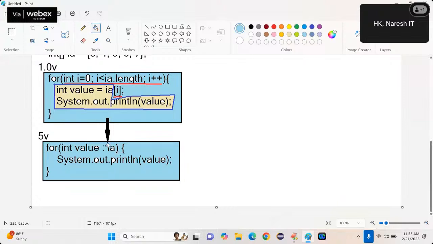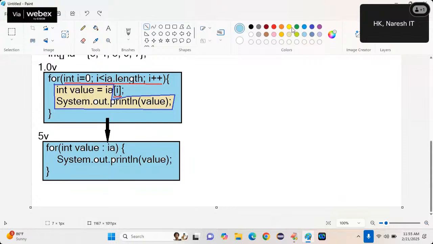Sir, equal to is not there, sir. Colon is there. Array, if you write equal to, it will become assignment, no? If you take assignment, what is the problem? You are storing ia inside the value, ia reference in the value. So you want to tell the compiler, store ia value in the variable. No. What I want to tell? I want to tell ia array element in the value.